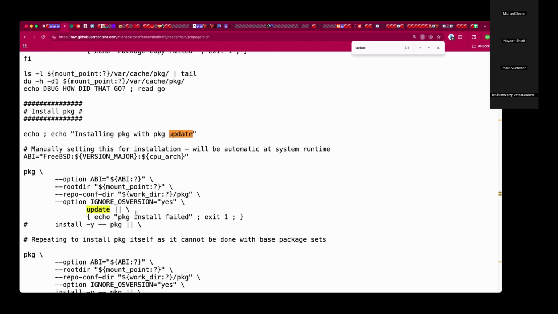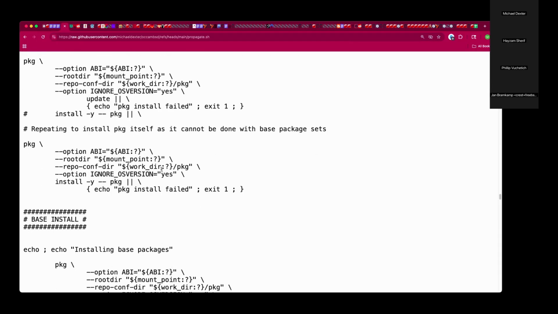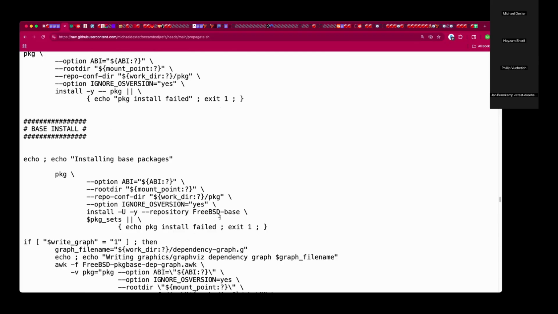so I found that you need to install package, but bootstrap doesn't seem to be needed, but update seems to take care of it. I've had to break it up into a few steps: first doing update, then installing package, and then adding whatever packages we want. I have variable sets for some basic ones that you'll see above in the script there. And I'm pointing them into a different directory, and I'm crossing ABI